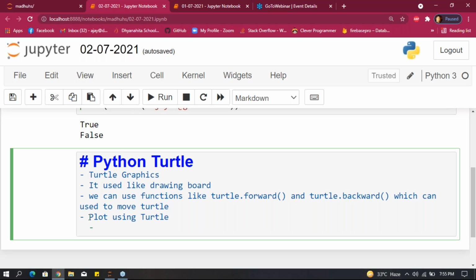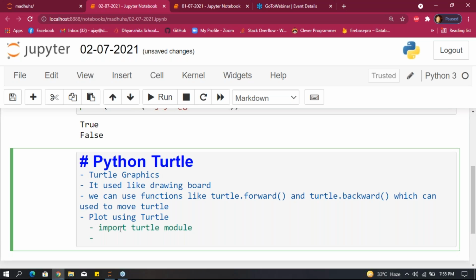To plot using turtle, the first step is to import the turtle module. The next step is to create a turtle to control.